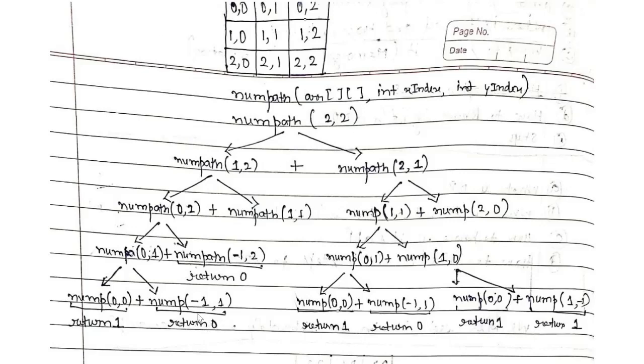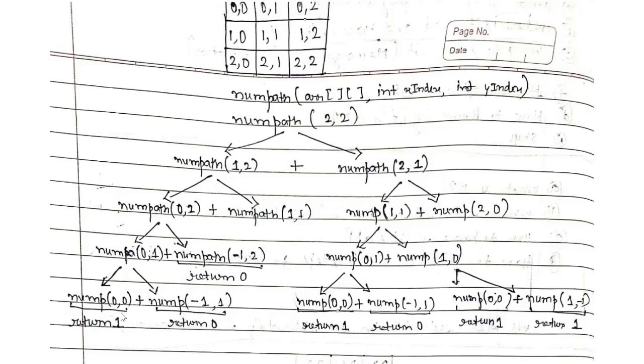This 0 signifies that there is no such path from source to (-1, 1). And if I do not have such a path from source to (-1, 1), how can I even have a path from (0, 0) to (0, 1) via this cell (-1, 1)? Again, what does this 0 signify? This 0 signifies there is not even a single path from (0, 0) or source to (-1, 1). So if there is no such path to (-1, 1) from source, can I even have a path via (-1, 1) to (0, 1)? No, I do not have it, and hence this 0 signifies that thing.